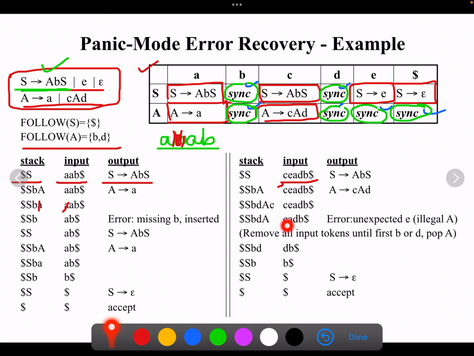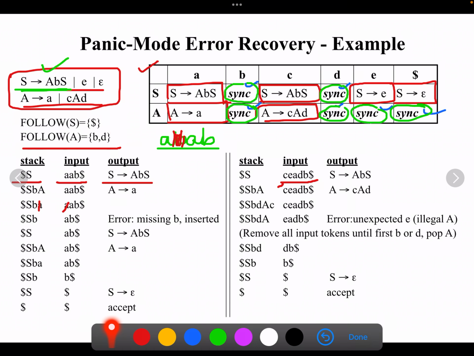So A on E, look at that, A on E you have a synchronized token. As per the rules of panic mode error recovery, when you find a synchronized token, you have to remove all the input symbols until you find any one of the follow of A elements. What is follow of A?